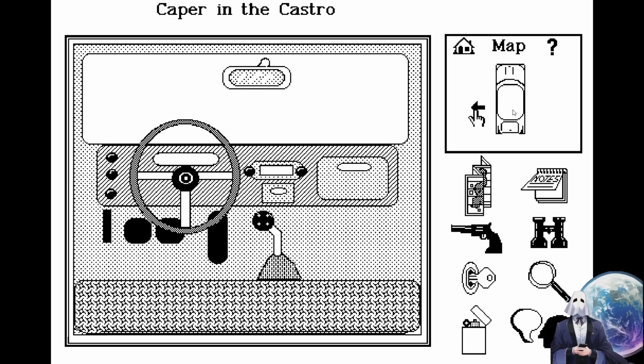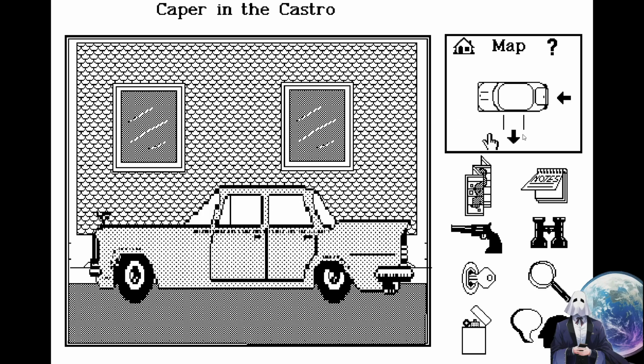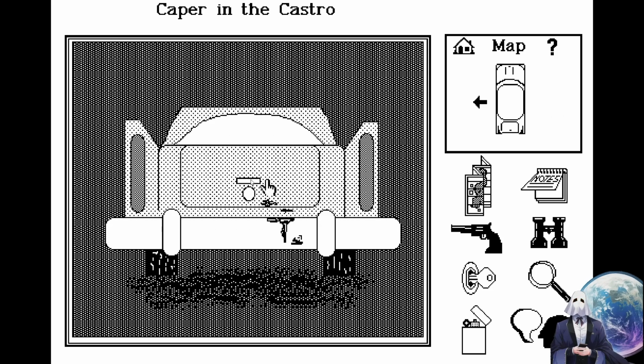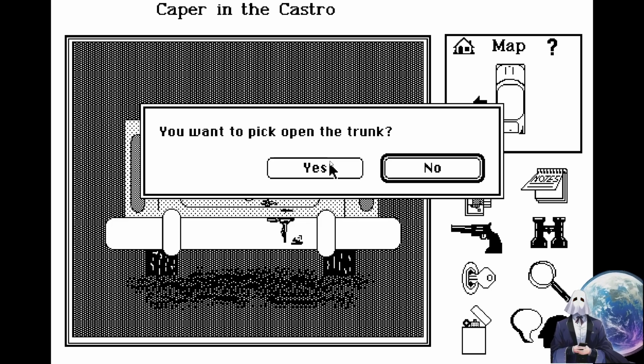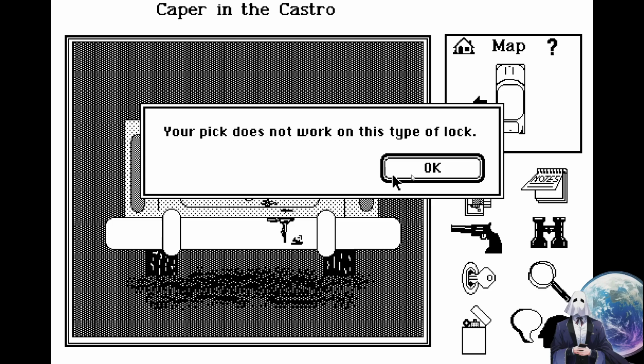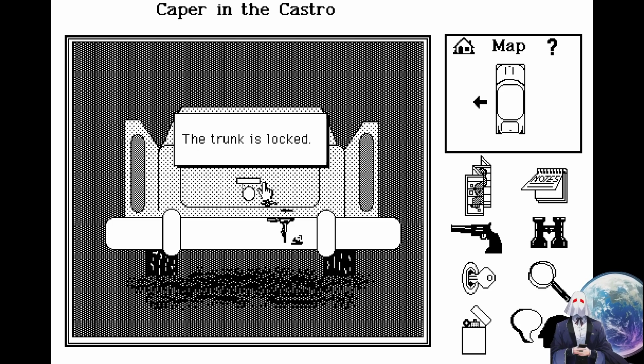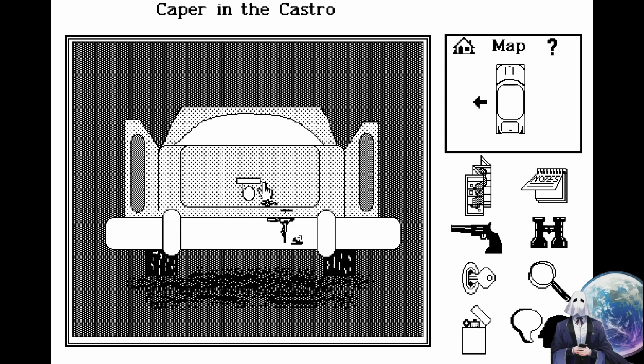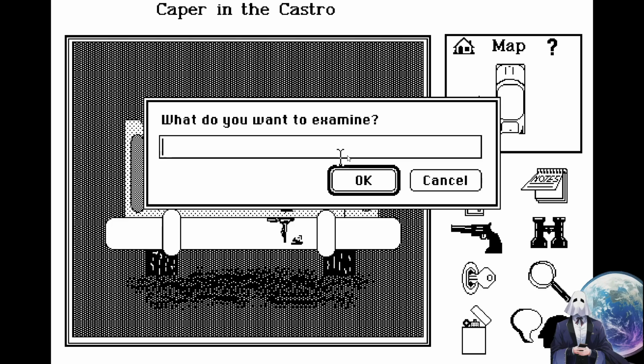Alright. The trunk is locked. It's my own trunk. Do I really have to open the trunk yet with this lockpick? But it's my trunk. Why do I need to... Trunk?